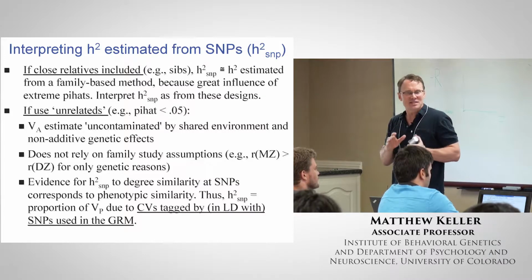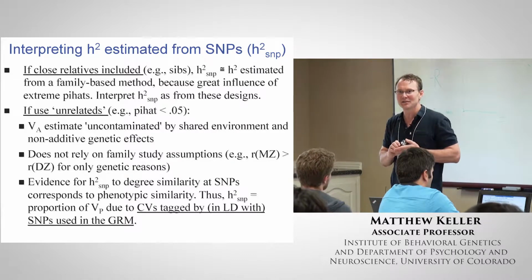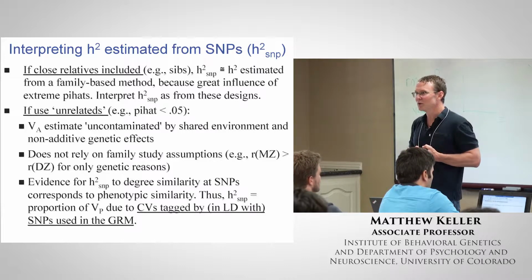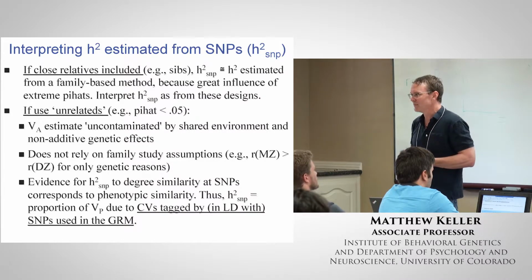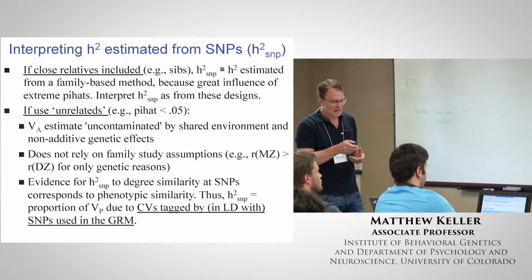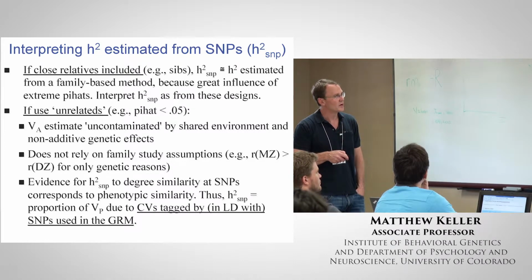Those are the ones that are going to have all the influence on that regression plane. I've seen this a few times where people throw in relatives because it reduces the standard error, and then they continue to interpret the estimates of SNP heritability as you normally would. That's not right. The estimate of SNP heritability really is just a family-based estimate of heritability, so it's something to keep in mind. If you're removing related people, say you use a typical cutoff of 0.05 or a cutoff of 0.025,